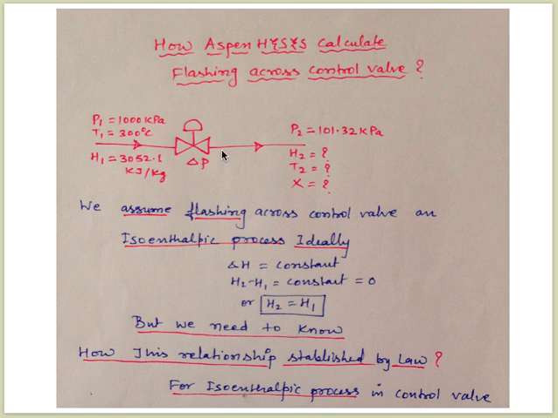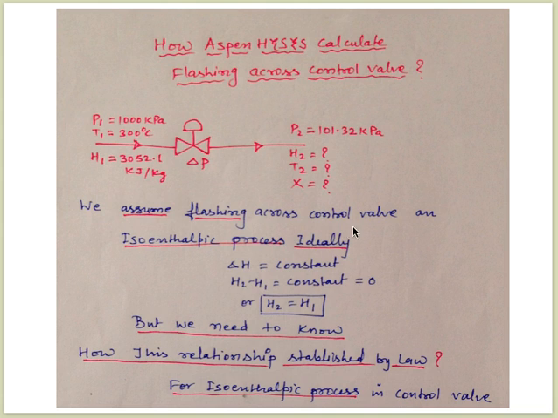It gives you the value for real fluids. That's why it shows a temperature different from this temperature, because for an ideal gas, or ideal vapor condition, the enthalpy is only a function of temperature. So if enthalpy is not changing, isenthalpic meaning enthalpy is not changing, the temperature should also not change. But HYSYS gives you a different value. It does not give you 300, it gives you less than 300 here, but ideally it should give 300. So let's study all these things I explained orally.